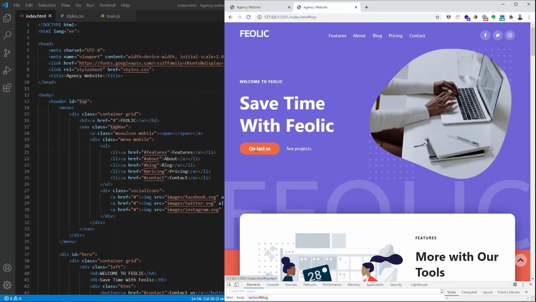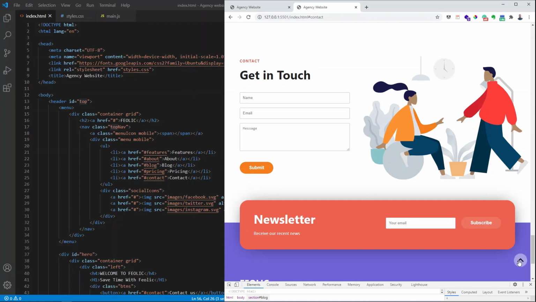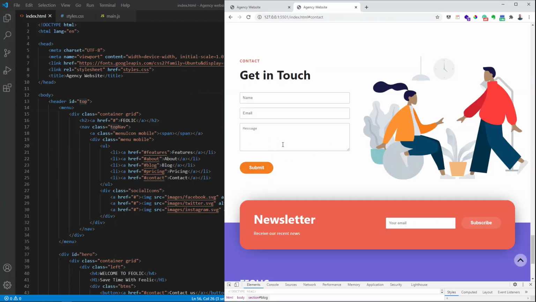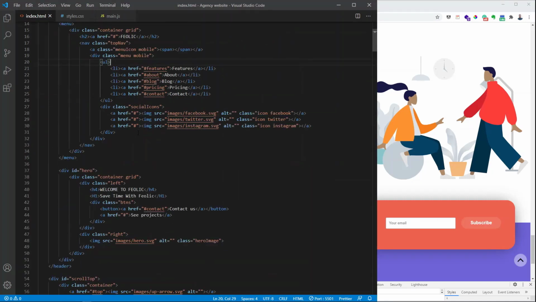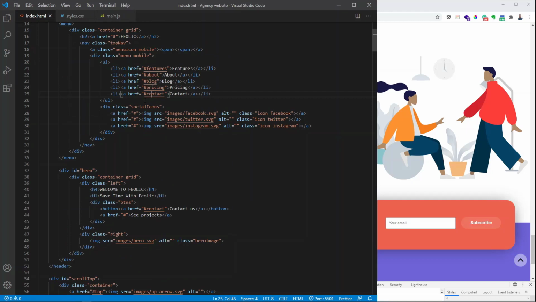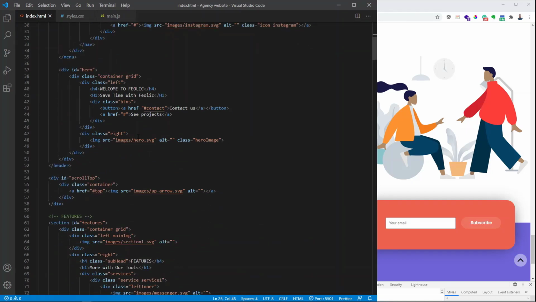And I want this contact to take us to the contact form smoothly, you see? But I'll go to the contact at the top, which is this contact button. I'm going to copy that. Okay, I'm going to copy this button with this contact and